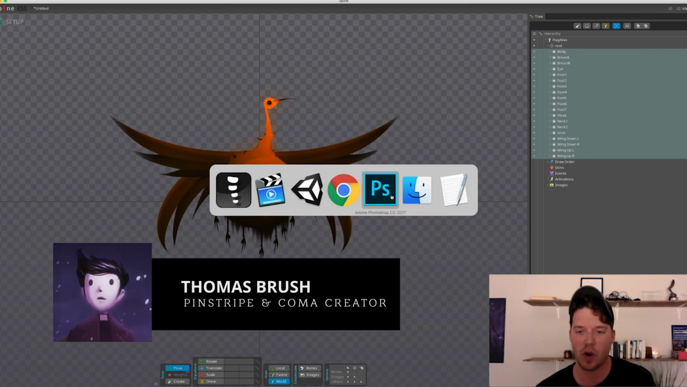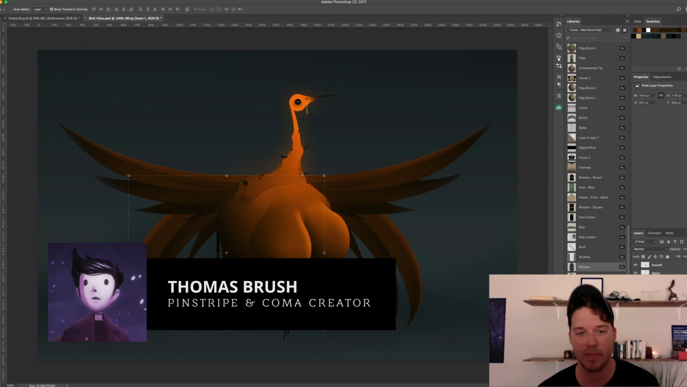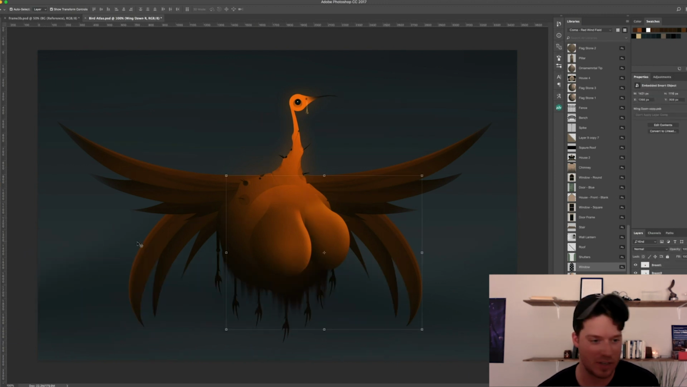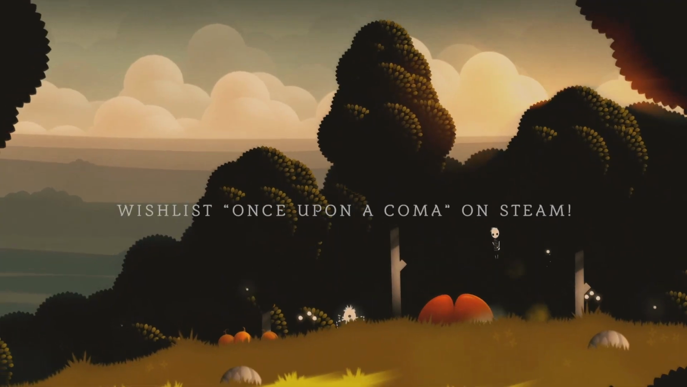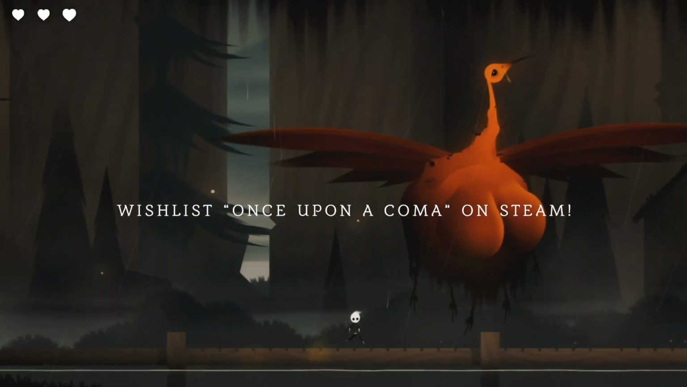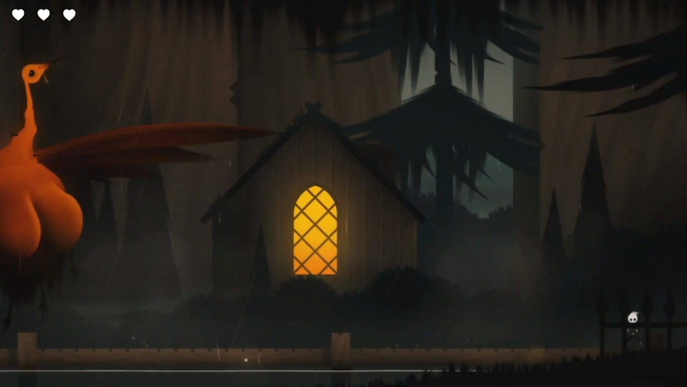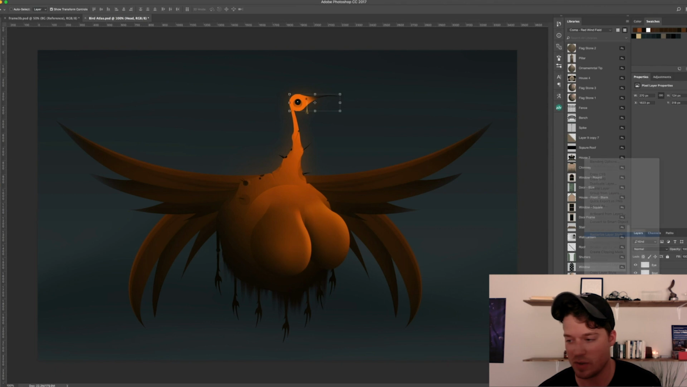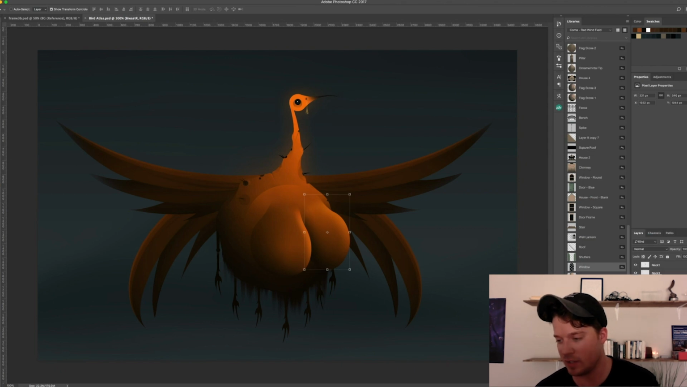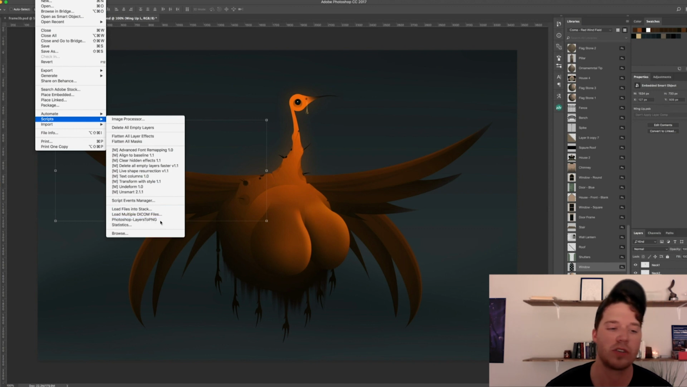Hey guys, I want to show you my workflow that I have for Spine in Photoshop. So right now I've got this beautiful looking bird, and she is in a game called Once Upon a Coma, and I've got her all layered out. She's just got all these different layers here. I should probably rasterize the glow there. So everything's layered out here, and all I got to do is go into Scripts, Photoshop to Layers,